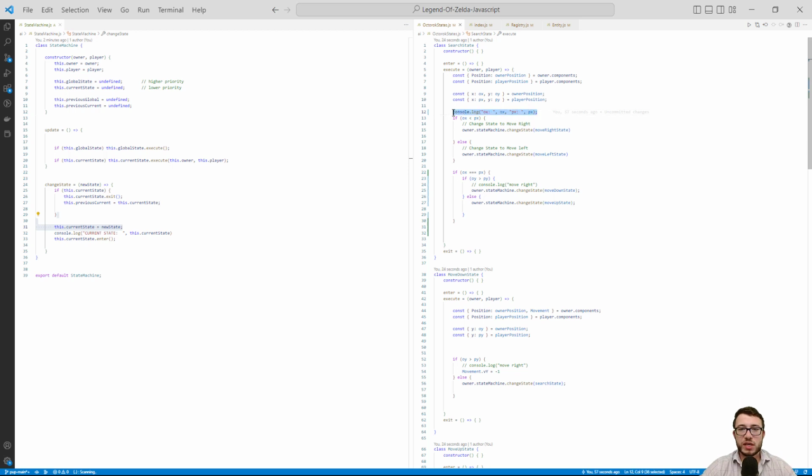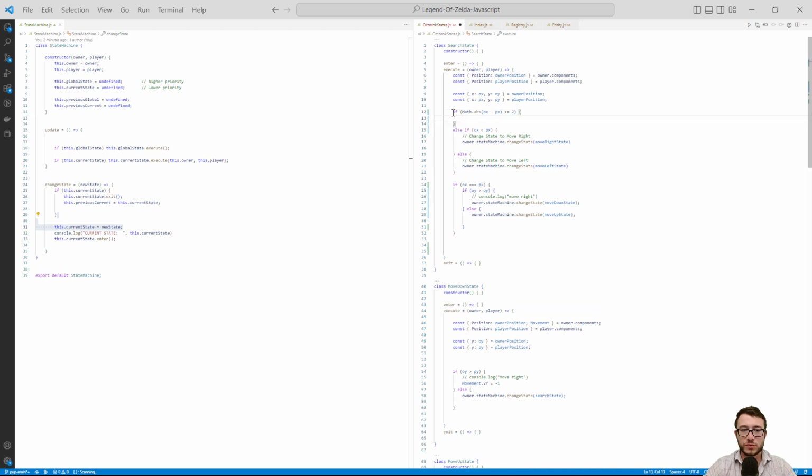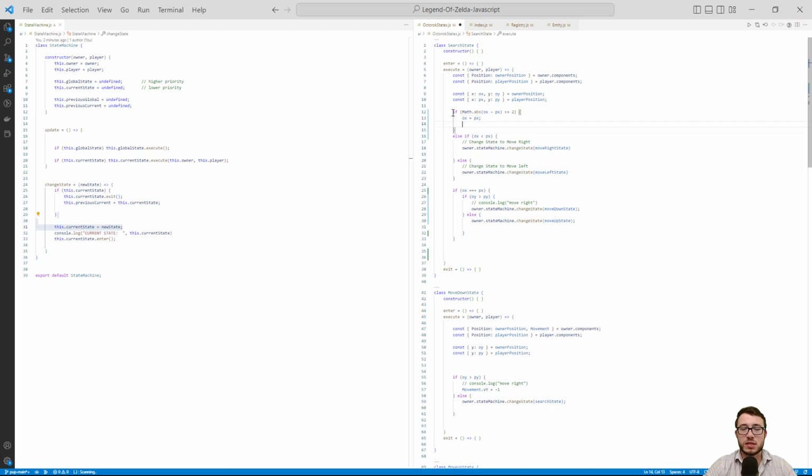It was bouncing in between two values. So what I want to do is alter this logic structure and say, if, and we're going to use an absolute value, if OX minus PX is less than or equal to 2, we will just set the OX to the PX,